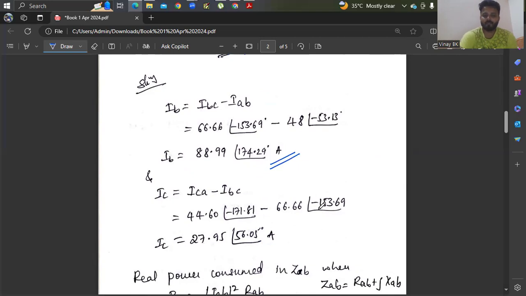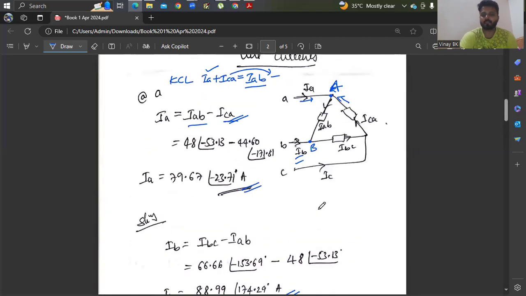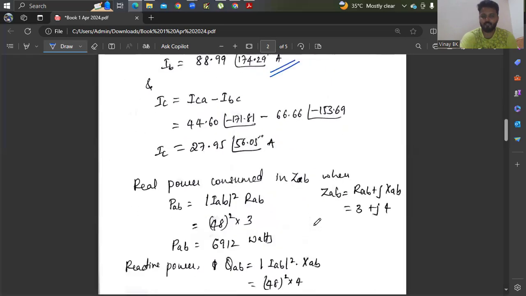Similarly, for IC, you just apply KCL here. Incoming current equals outgoing current. IC plus IBC equals ICA. Therefore, IC equals ICA minus IBC. Substitute this. They only asked you to find the real power consumed in ZAB, so ZAB is nothing but